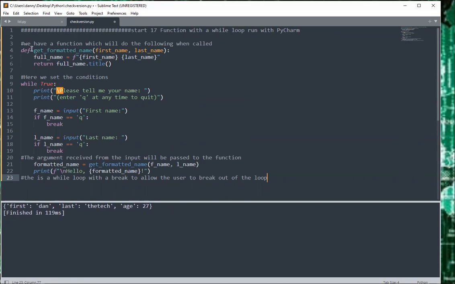We have a function which will do the following: def get_formatted_name, first, last, and it'll return the full name. So while True, so while the prompt is true and it's receiving input, please tell me your name. Enter Q at any time to quit. And fname is just the variable we're going to store their input. If fname is equal to quit, then you're going to basically break and stop the program. Else